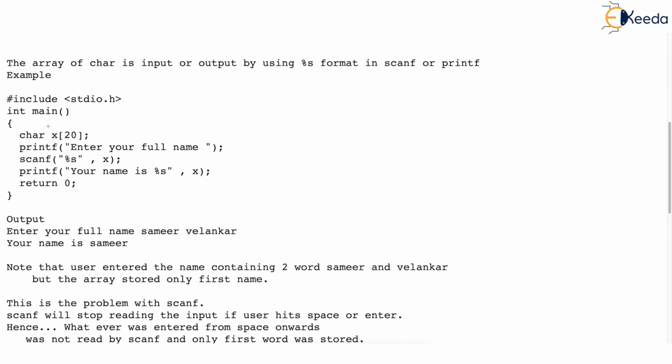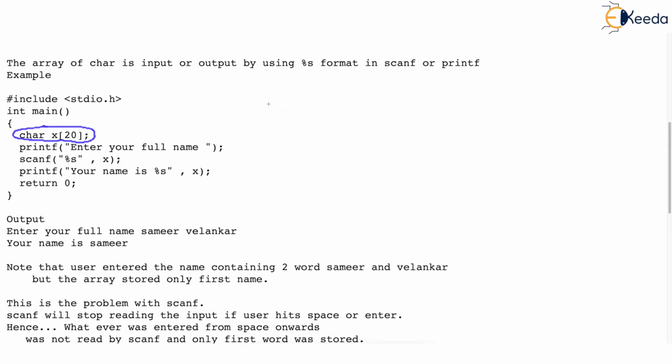The first thing you will do in main is declare an array of, say, 20 characters. X is an array of 20 locations and every location can hold one character. I have assumed that the name would not be larger than 20 characters. You may increase the size to 50 in your program.